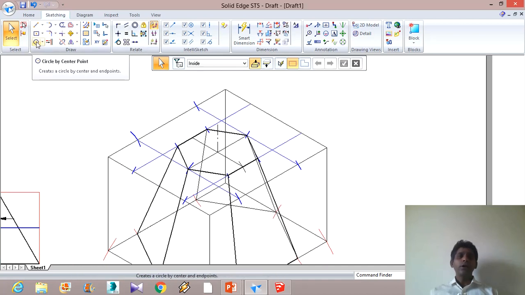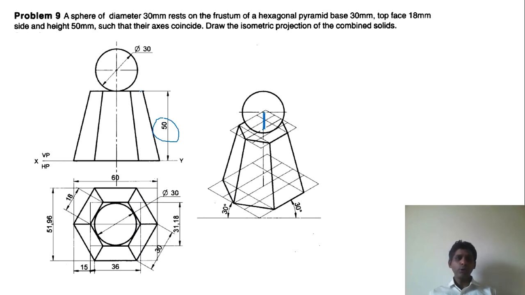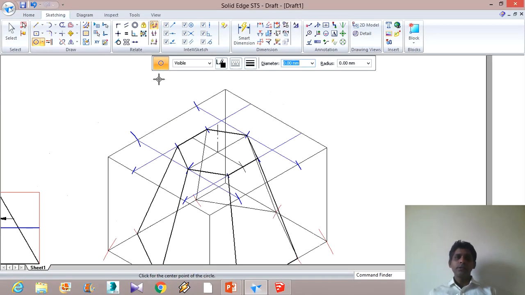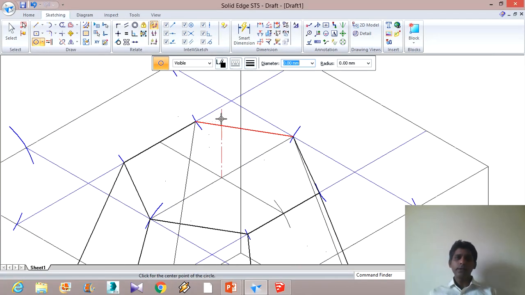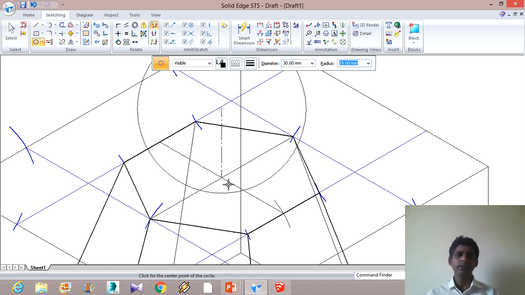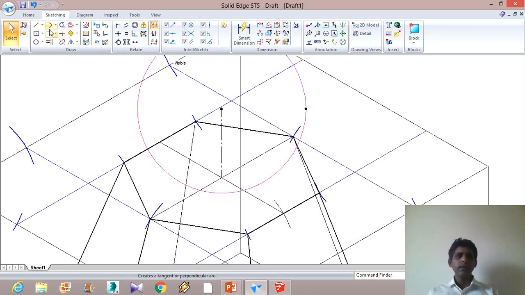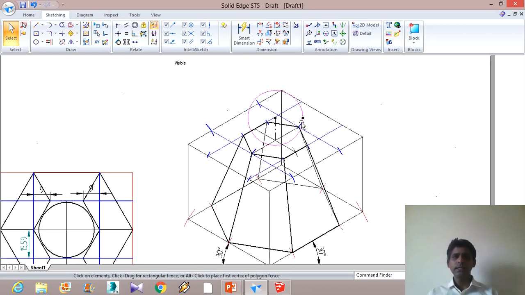And to draw the sphere, I will take a circle, and I will take the actual dimension, or the given dimension, or true dimension, which is 30 millimeters, right? So from this point, I have to draw 30 millimeters. So this is 30 millimeters. So I will select this,